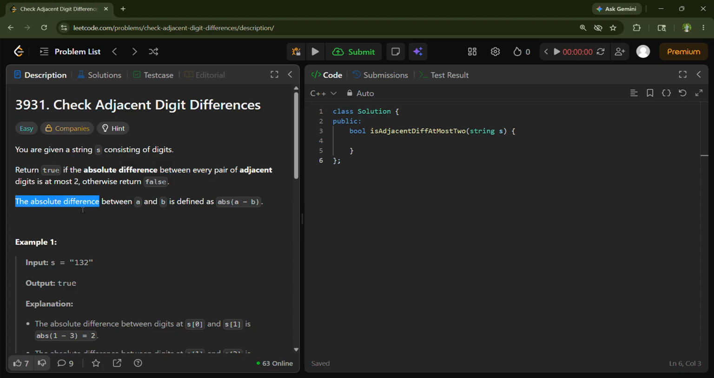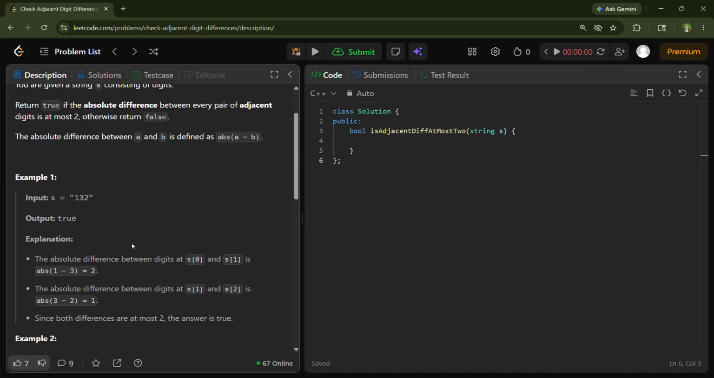The absolute difference between A and B is defined as absolute A minus B. So what we need to do basically is just know whether or not every adjacent digits have a difference of at most 2. It can be done with a simple loop. First we need to store the length of the string, and then we go to a simple loop